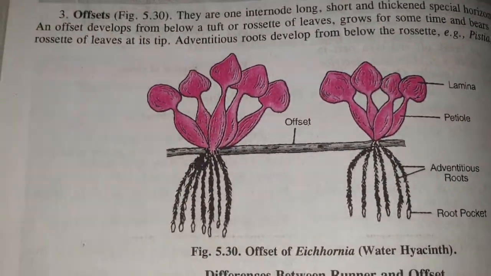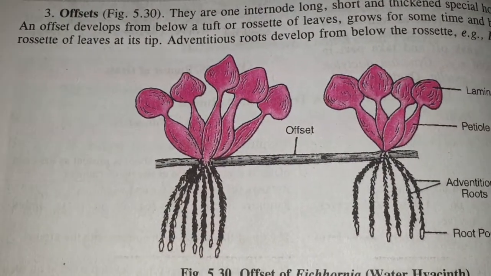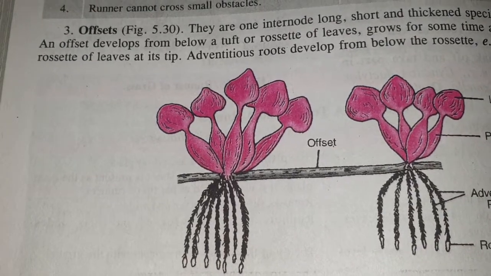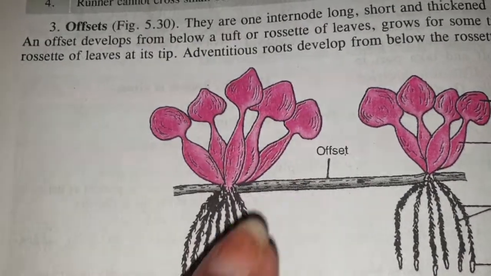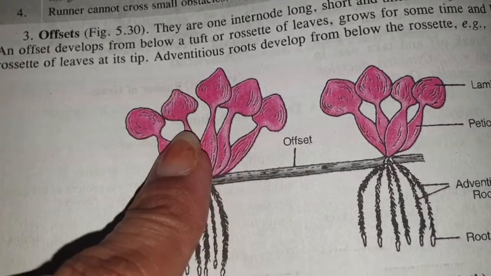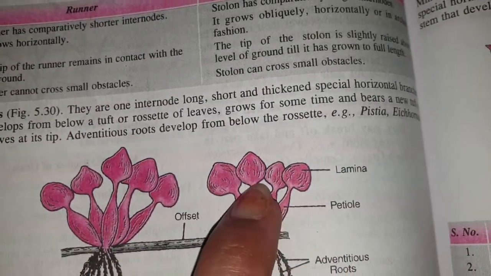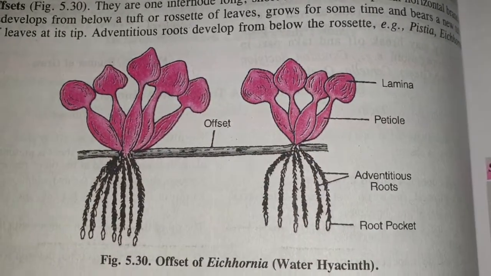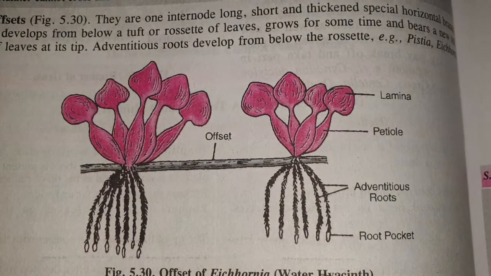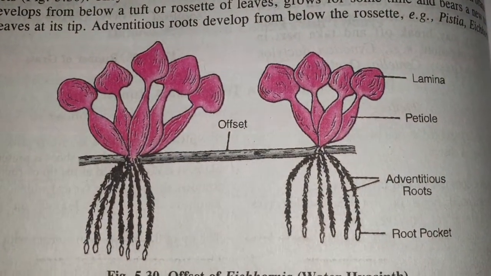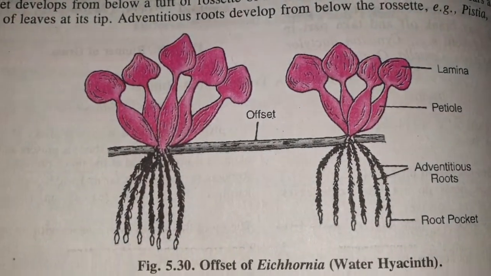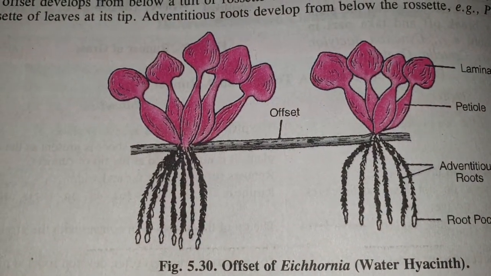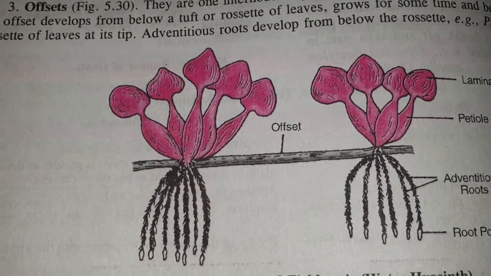Next we come to offset. Offset has one internode. Okay, and these are long small runners which are found in rosette types. You can see these are the groups of leaves. These are the petioles and this is the lamina, and at the base adventitious roots develop. These particular hydrophytes will have root pockets instead of root caps. This already we have studied in our earlier classes. So this is the offset which is observed in case of Eichhornia. Okay, then next we come to